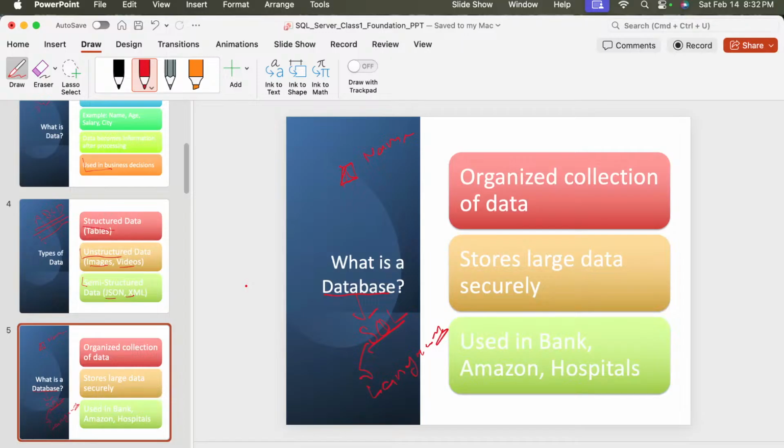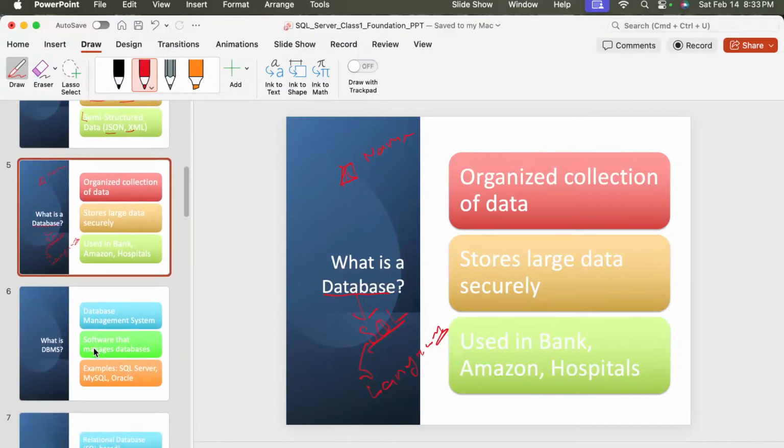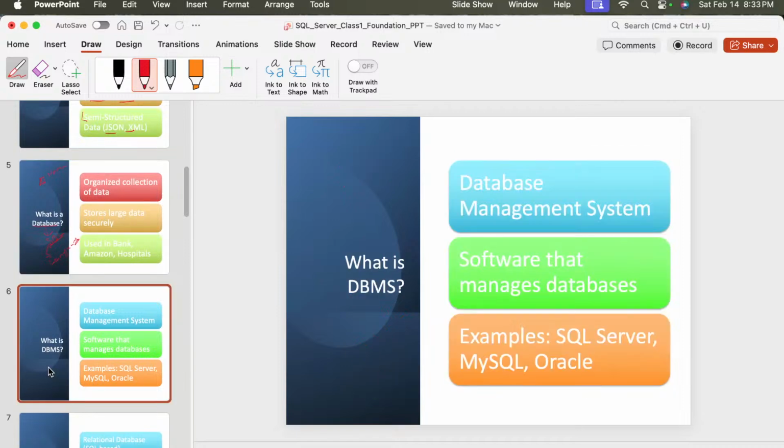तो डेटाबेस क्या है? डेटा को सही तरीके से स्टोर करने के लिए जो सिस्टम यूज होता है उसको हम बोलते हैं डेटाबेस, ठीक है। और उस डेटाबेस से बात करने के लिए जो लैंग्वेज हम यूज करते हैं उसको हम बोलते हैं एसक्यूएल। सो टिल हेयर आई थिंक एवरीथिंग इज क्लियर टू यू गाइज। आप लोगों को समझ में आ रहा होगा कि डेटाबेस क्या होता है, एसक्यूएल क्या होता है, डेटा क्या होता है, कितने तरीके का डेटा होता है। अब यहाँ पे हम बात करेंगे नेक्स्ट टॉपिक की, डीबीएमएस की। तो डीबीएमएस क्या होता है एक्चुअली?